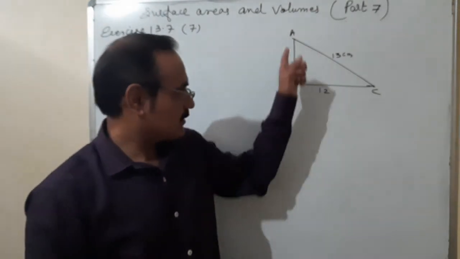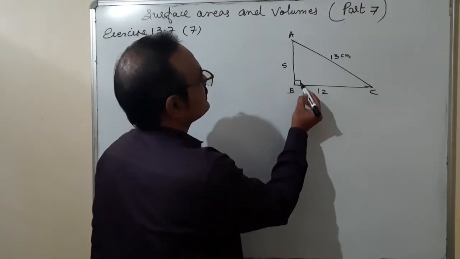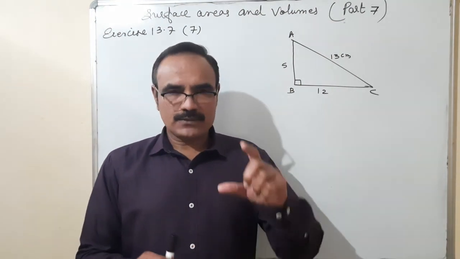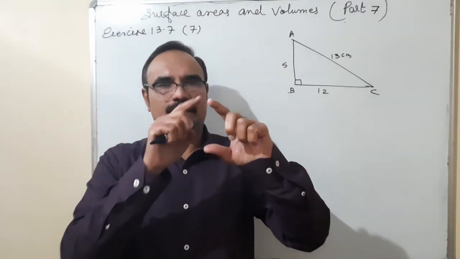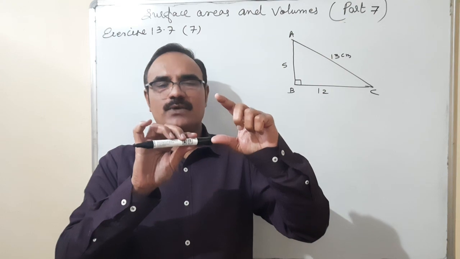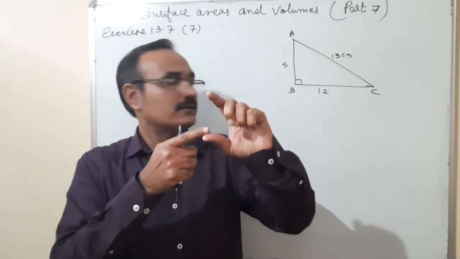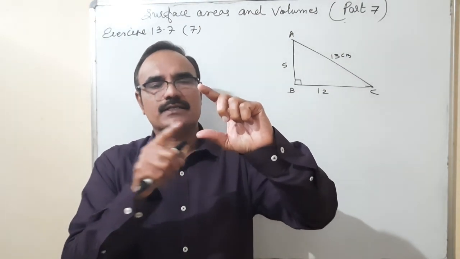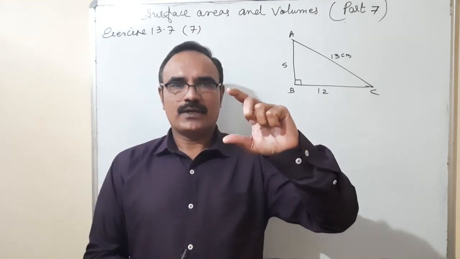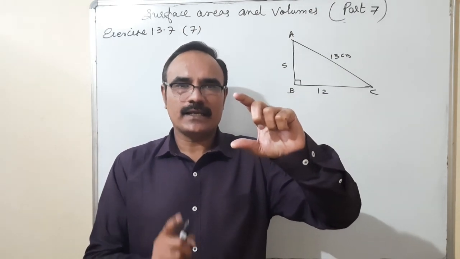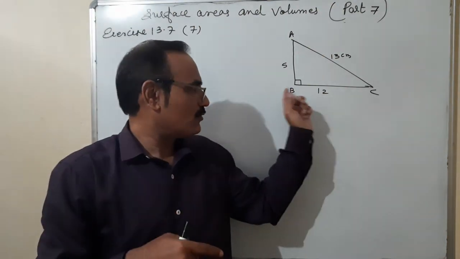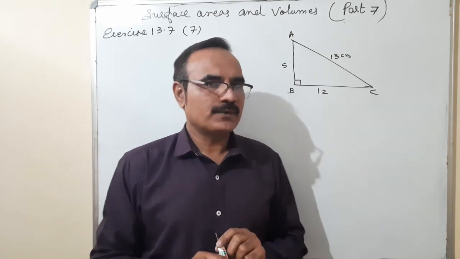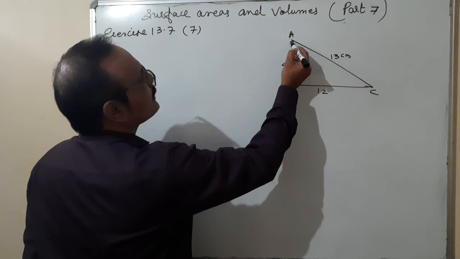Okay. This is a triangle ABC. Right angle is this. Now you can visualize this concept: suppose in my hand there is a right angle triangle. It is 5, this is 12, and here is 13. And I have held this perpendicular with both fingers. This perpendicular 5 is here, it is 12, and that is 13. You can visualize that I am holding this right angle triangle and I start revolving it around the 12 centimeter side. So you can feel which type of cone will be formed. You will see that this condition will be generated here.